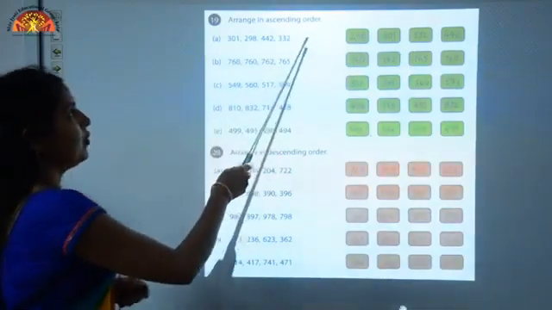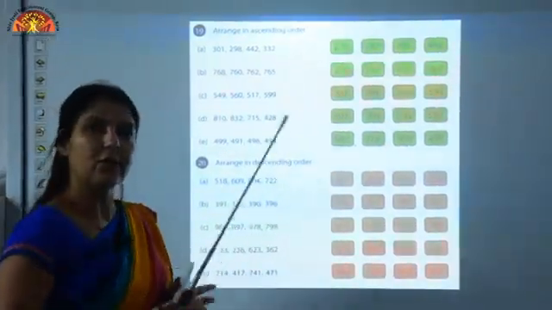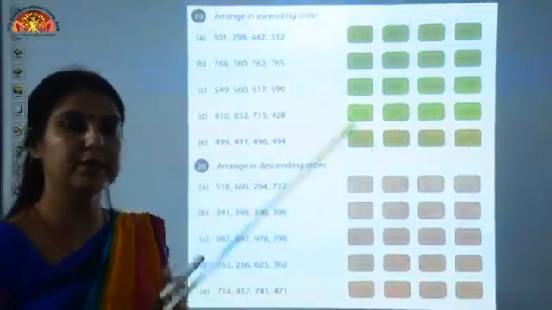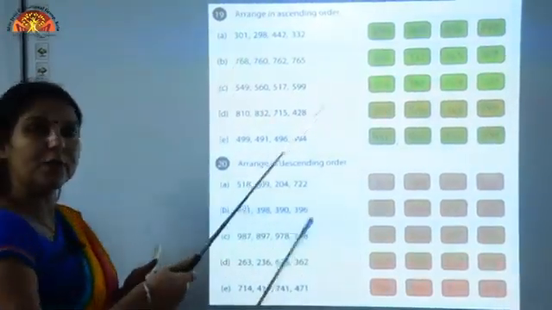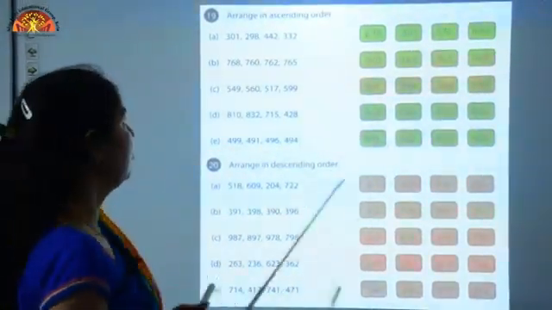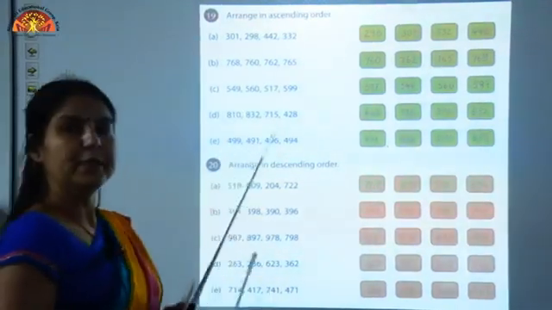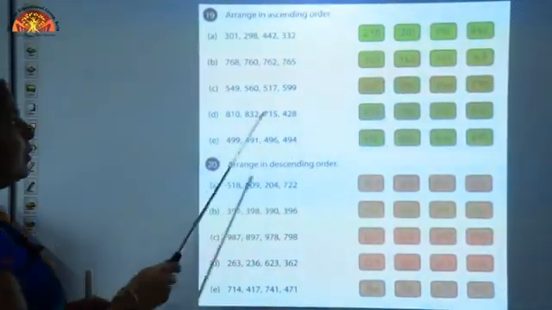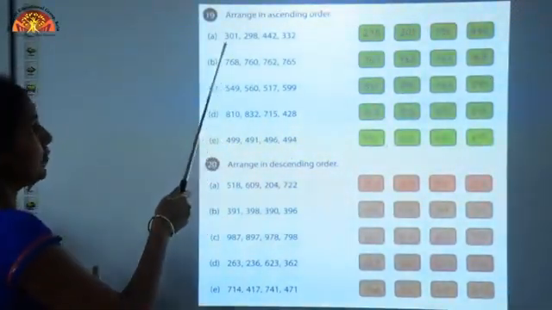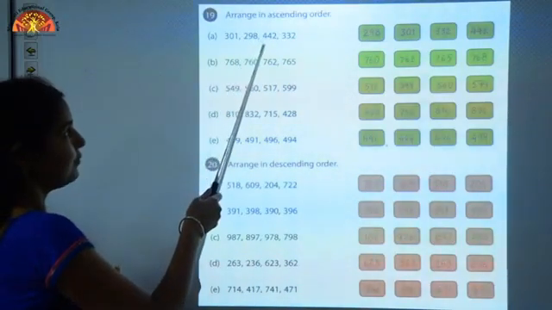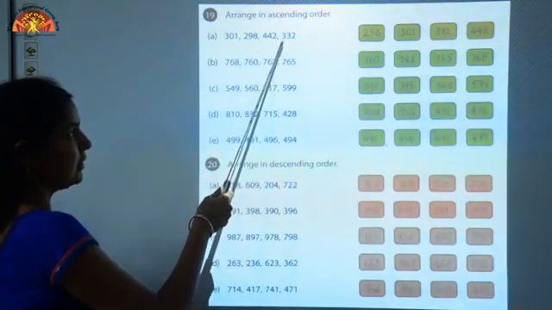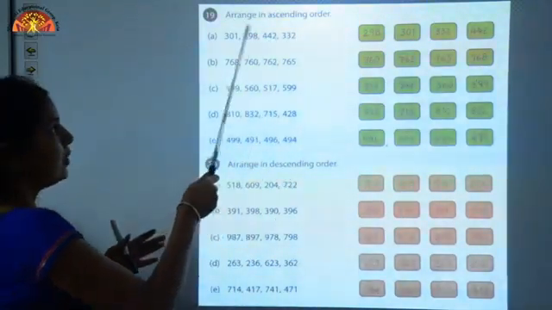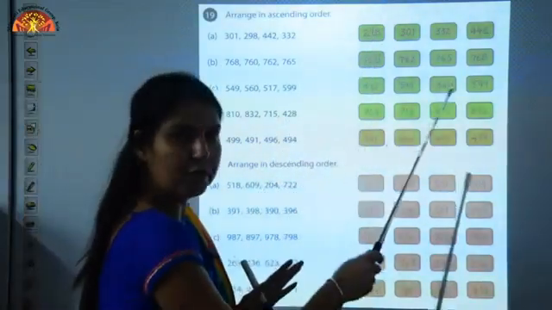Now arrange in ascending order. Children, ascending order is just like ordering of numbers. You have to find out first of all the smaller number, then bigger and then biggest. So first of all we have to compare the numbers according to their place value. And one thing more, you know the meaning of ascending. Ascending means smaller to bigger. So first of all we will find out the smaller number here. This number is starting from 3, this is from 2, this is from 4, this is again from 3. So you know 2 is the smaller number here. So we will write the whole number 298 first of all.